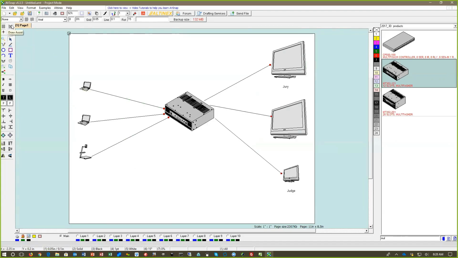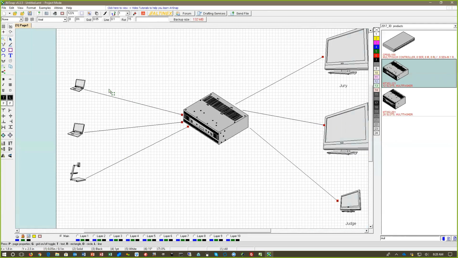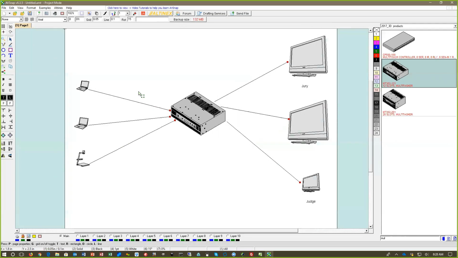So what we have is a draw assist function here in AVSnap, in the top left corner. It's 90 degrees. What it allows you to do is automatically square everything up, okay? So you don't need a grid, you don't need anything. It just squares things up. So double click here, click on the dot on a handle, let it go. It will automatically adjust it. Double click, bring it outside, and you can see I can very quickly align everything to be nice